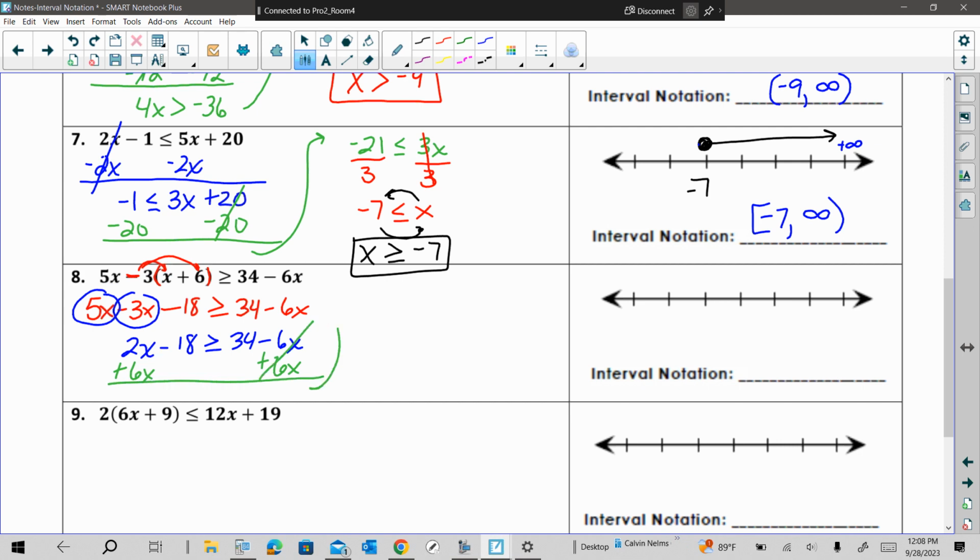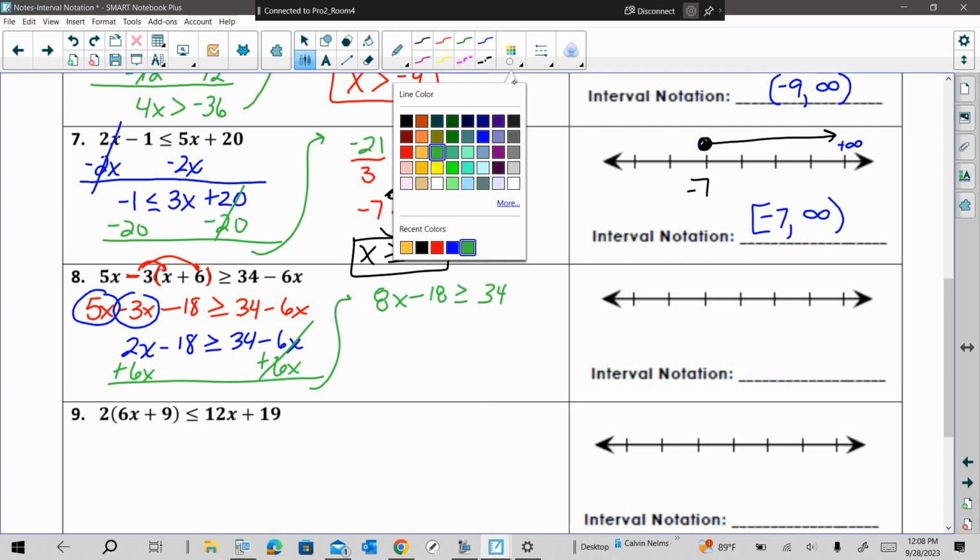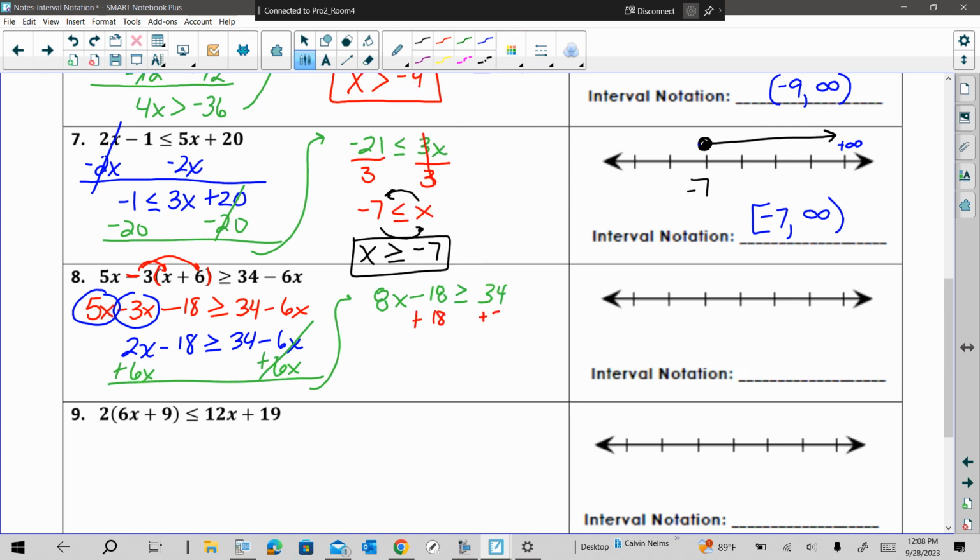Now I'm going to just rewrite up here. Now I have 8x minus 18 is greater than or equal to 34. And then we're going to need to isolate the x term by adding 18 on both sides. So our 8x is greater than or equal to 52. I'm going to divide that by 8 to get rid of that coefficient. This comes out to be x is greater than or equal to 6.5, which is the same thing as x